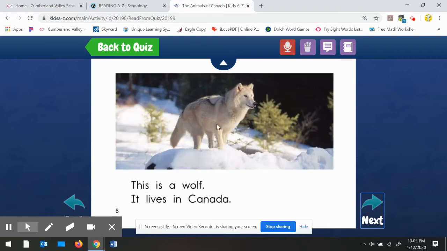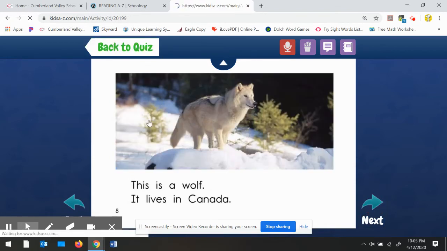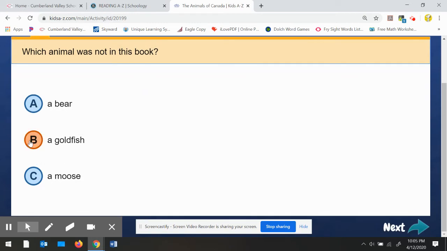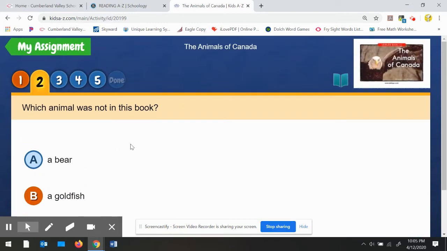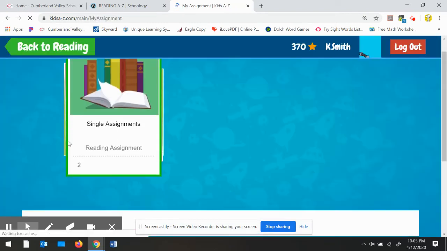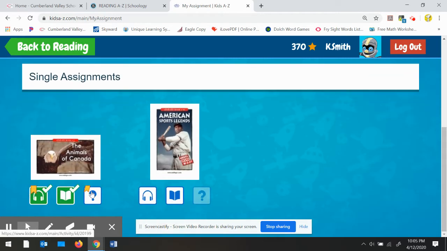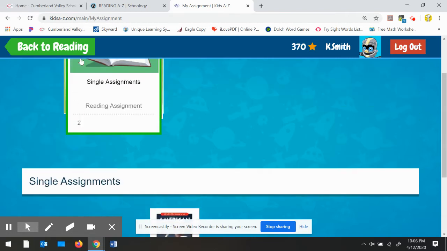And that is okay because we all have that where we forget an answer. So by me going back, I was actually able to find my answer. Once you've received the 3 check marks, that means you've completed the assignment. Each book needs to be completed each week, but if you did forget to do some things last week, you are allowed to complete those tasks and assignments this week. So I want to go back to the reading